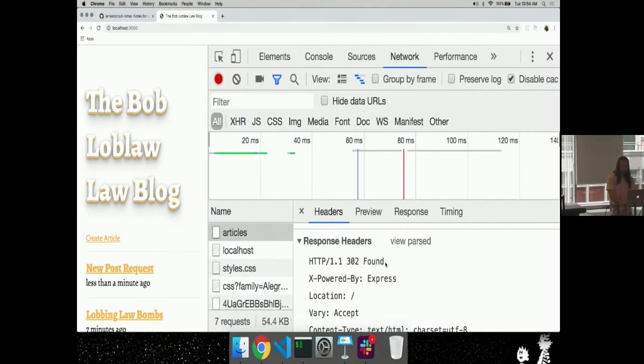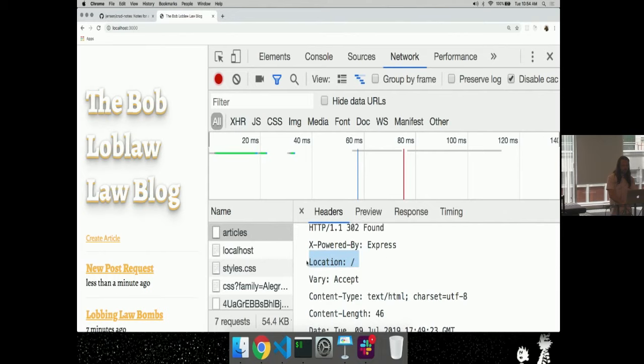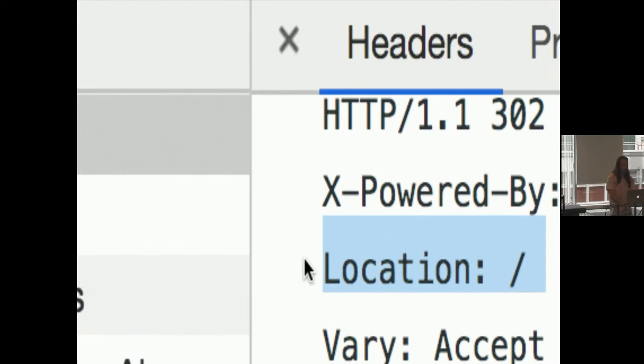But this is the second important part. This is how the response tells the browser where it should redirect to. This one's not super exciting because it's just /. That's our index page. But if I wanted it to redirect to the page that the post is on, then I would need to know the ID of the post, which I know because I just created it on the server. And when I send the redirect, it would be to /articles/1 or /articles/2.